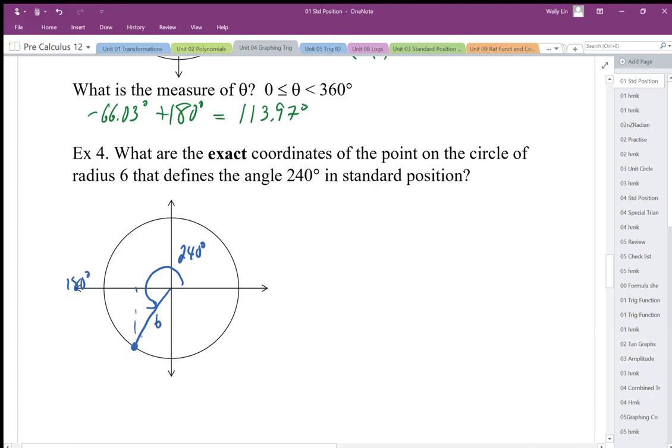Now, I need to locate that coordinate. Where is that point? If I know my standard position circle and my special angle triangle, I know it's going to be 1, 2, square root 3. This is the same triangle, except this one is 3 times bigger. So if I want to work out the horizontal position and the vertical position, I could use these two numbers here, but it's going to be 3 times bigger. So I'm going to end up having a length of 3 here and a length of 3 times square root